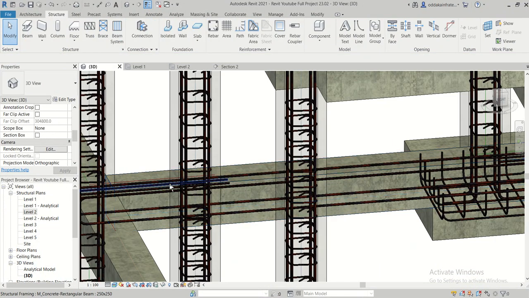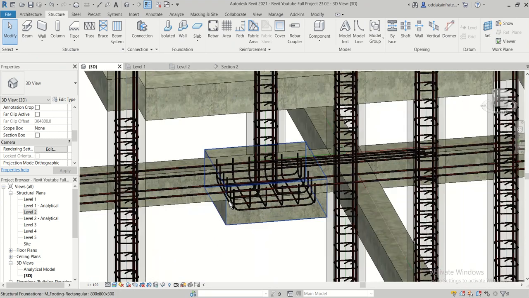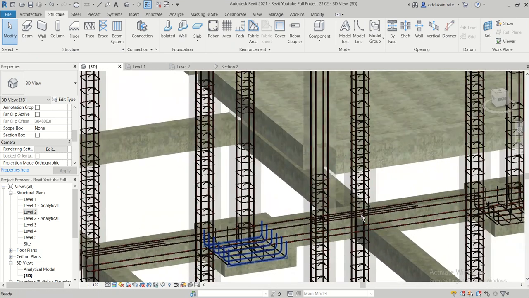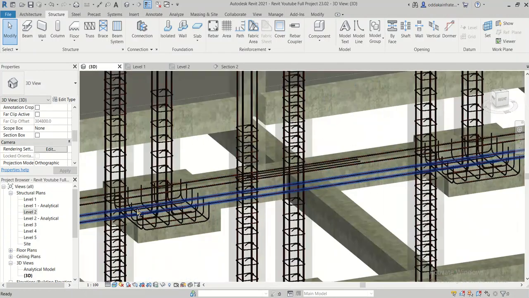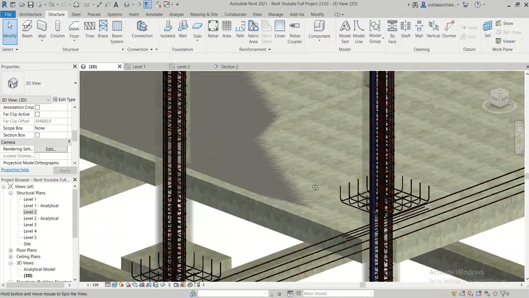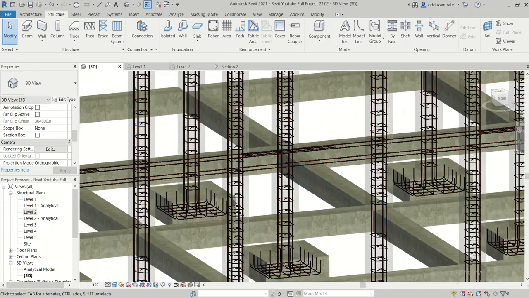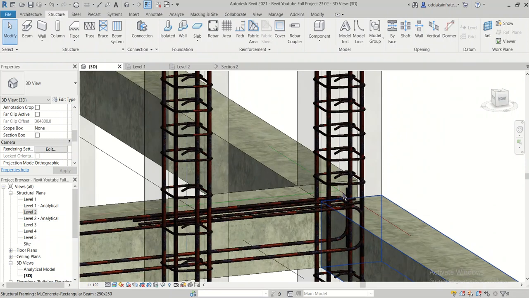So as you can see, the extra rebars at the top near the supports, and at the continuous end, this is the continuous end, and this is the ends.